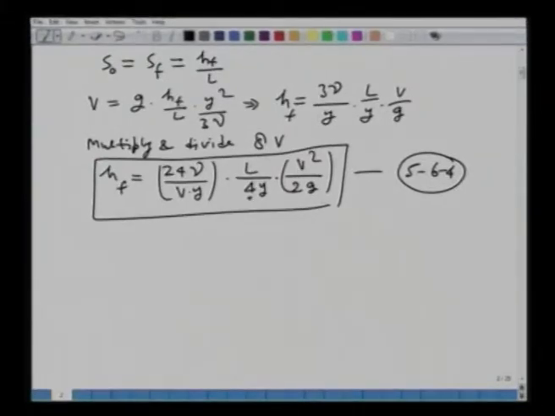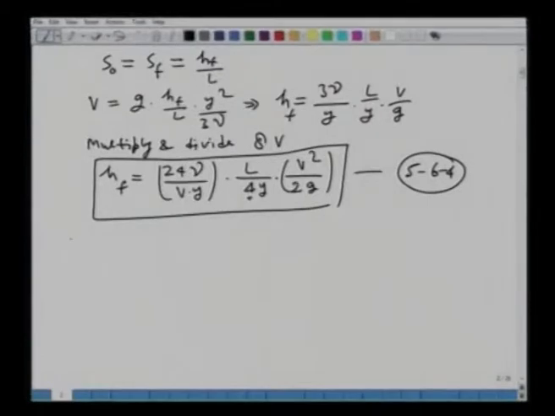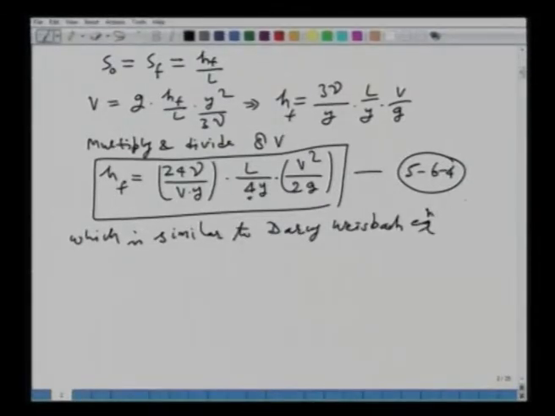Does this sound familiar to you? Have you seen an equation similar to this earlier somewhere in your undergraduate classes? Pipe flow? Yes, this is what is called the famous Darcy-Weisbach's equation, okay, in which let me first write it, which is similar to or in the form of what is called the Darcy-Weisbach's flow resistance formula in the pipe flow equation, all right, with